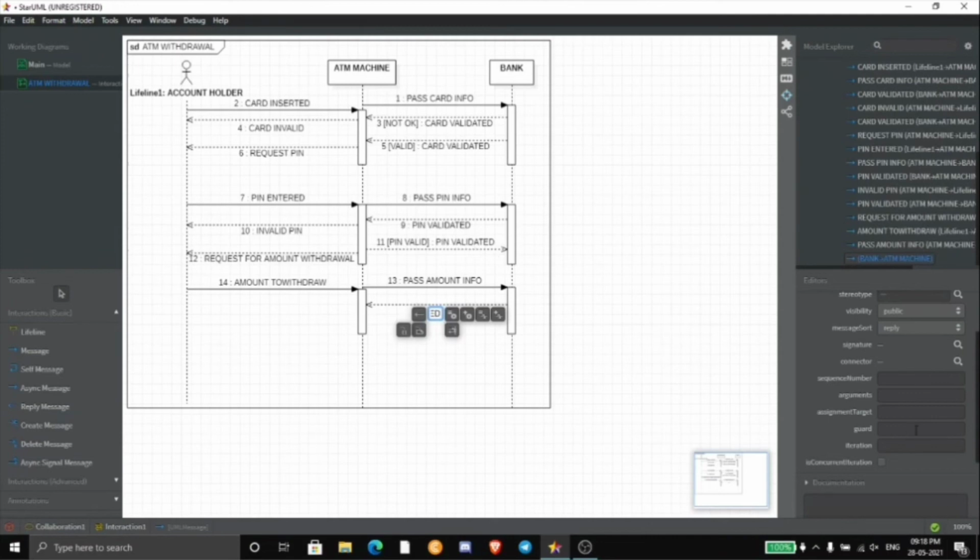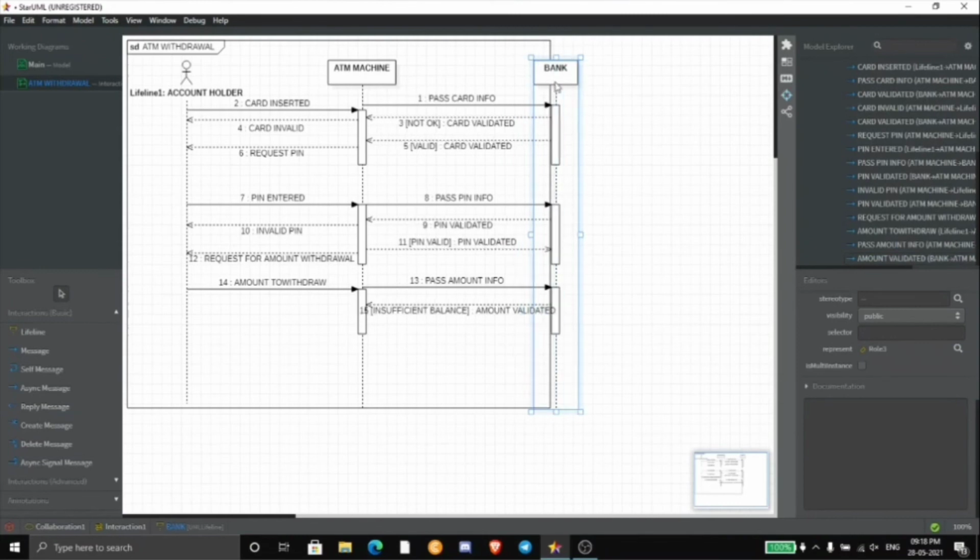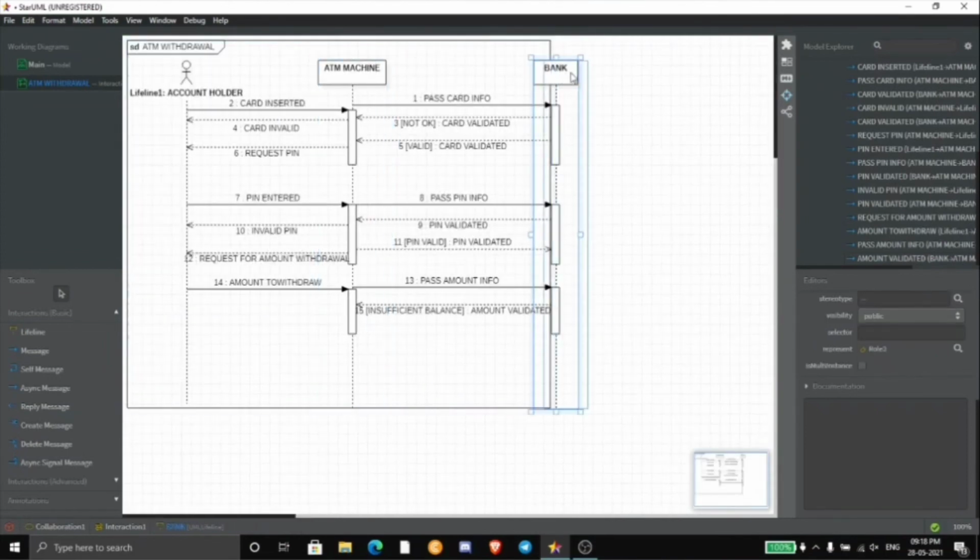Now the bank will send a message. If it doesn't have money in the bank, it will send a message of insufficient balance.